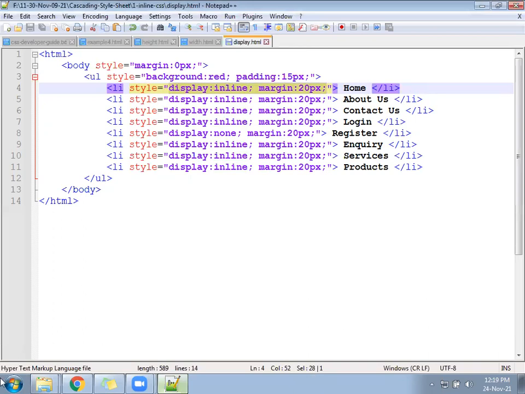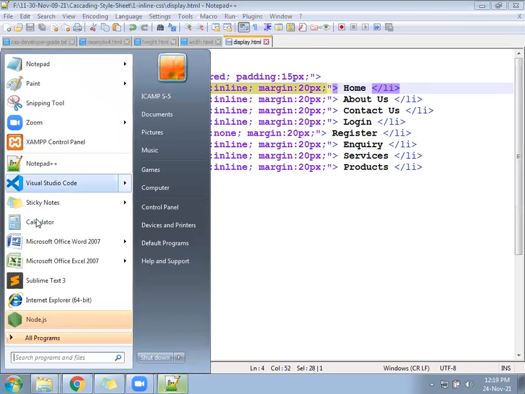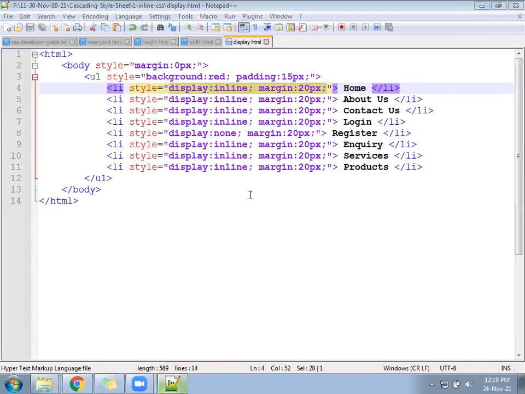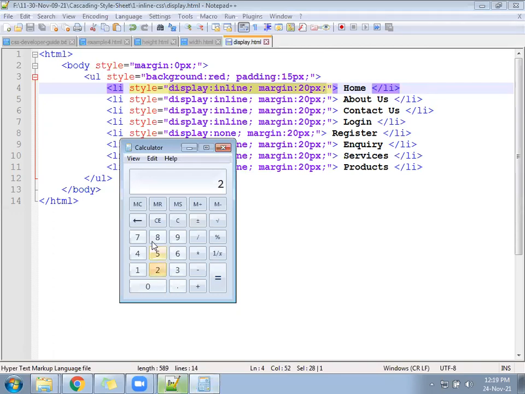Now let me open the calculator. 28 into 8 is 224 characters in one page. Okay, for what purpose? Only to convert from block to inline, because you have written one-to-one, one-to-one.